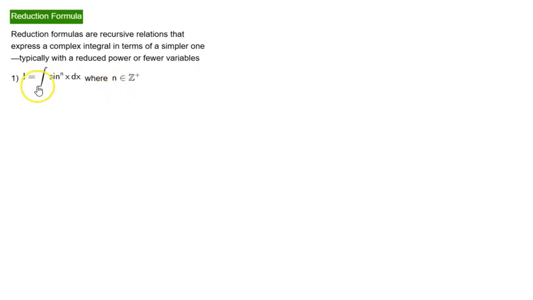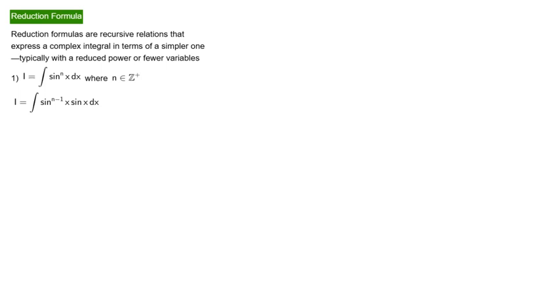Let's say we are given an integral I is equal to integral sine to the power of n x dx, where n is a positive integer. Okay, so what we'll do is we'll split this sine to the power of n x into sine to the power of n minus 1 x and sine x. So our integral becomes a product of two functions. And now we use